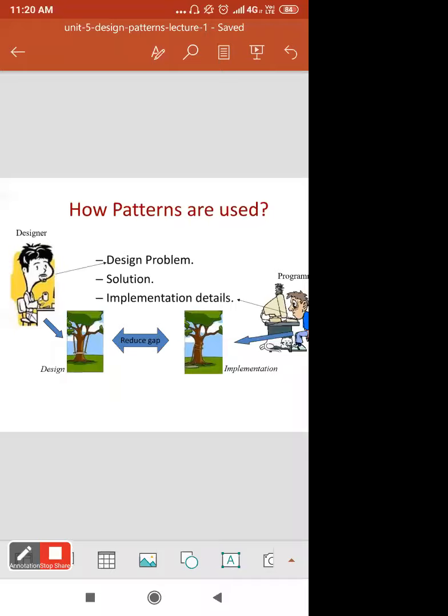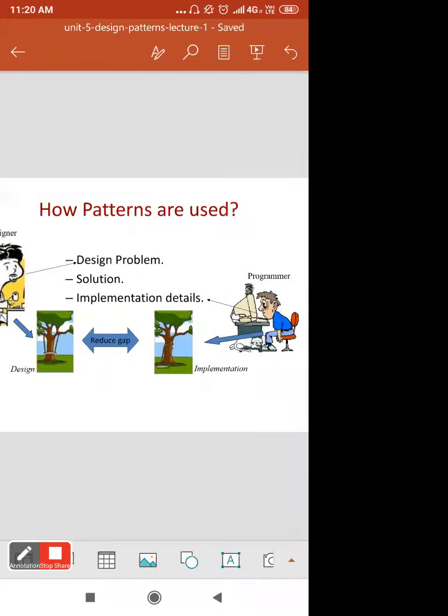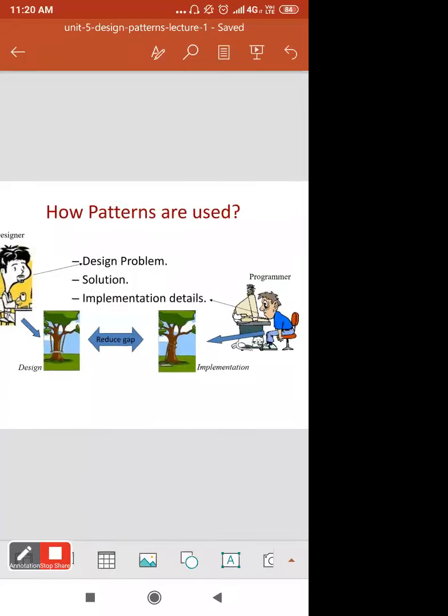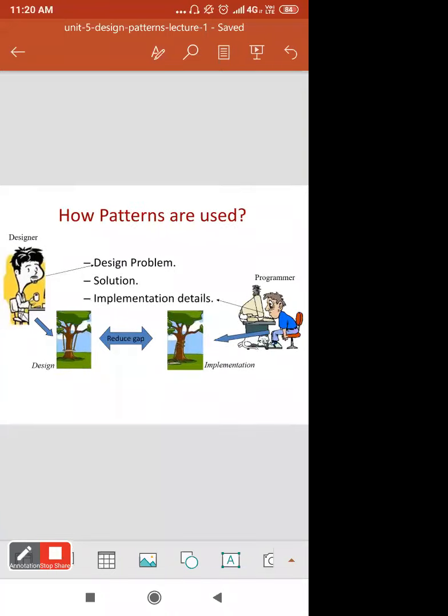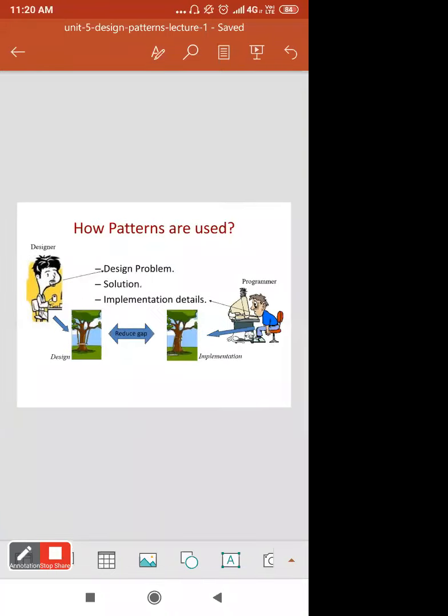He has a problem definition, finds a set of solutions, and implements those in a design form. Then he gives it to the programmer so that the programmer can make an implementation of it. In this manner the patterns are used.